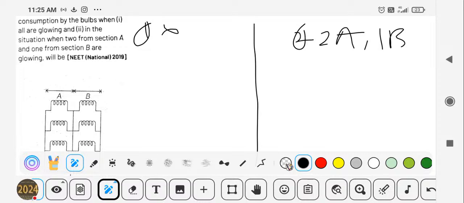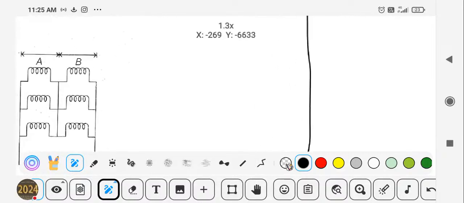We know how to calculate resistance for parallel and series combinations. What if they give a bulb? The bulb also has some resistance, so there is nothing separate here. For the bulb, just consider a resistance R. All those bulbs have a resistance R. Only the term is different, like a bulb, but they are indirectly telling it is a resistance, okay? Then if all these have the same resistance R,